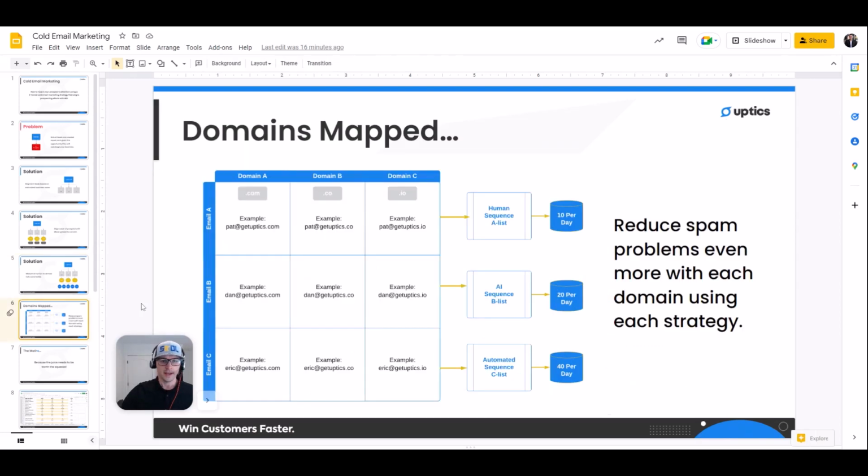All right. Now, I want to show you a little grid by mapping your domains. And if you're not using burner domains, then you definitely need to watch my video on email deliverability. But basically what we're going to do is have multiple domains, multiple email accounts within each of those domains. And then we're going to enroll your leads into an A list, a B list, and a C list. The way we do this is we first do a research step on the lead. So I'm actually going to hop into Upticks and show you exactly how we do this, and how doing this lead research then automatically puts these leads into the correct sequence